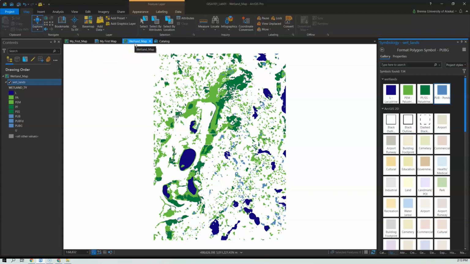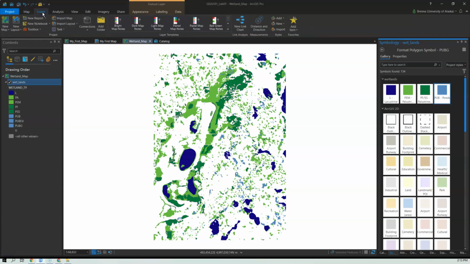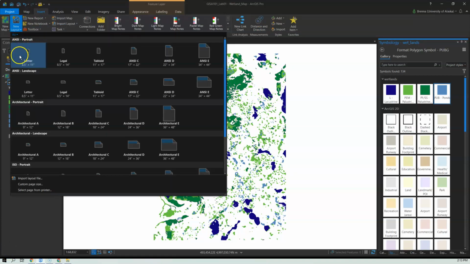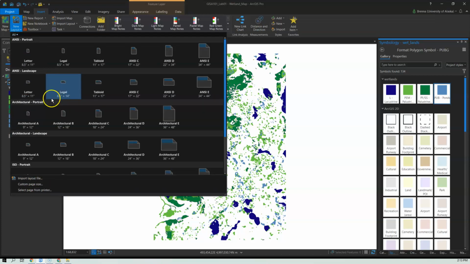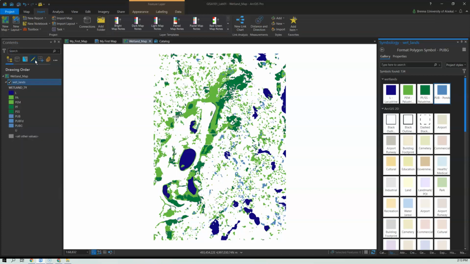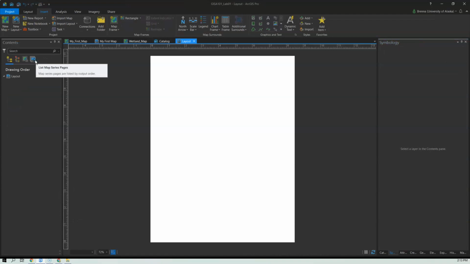So now I want to create a layout for this map, and we won't go into a lot of detail on things that we've already covered, but I do want to show you how you would make a legend for this layer, because it's obviously going to be a little bit different than something that just has a single style. So for this, we will insert a new layout, and you can make it whatever size you want. For this one, we'll go ahead and do an 8.5 by 11 portrait layout.